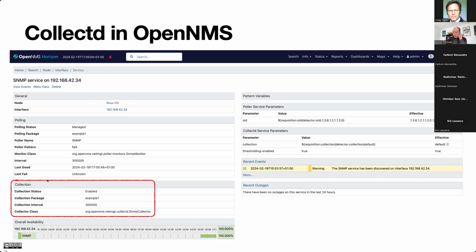And that SNMP service is also used in collectd. So collectd will look up its configuration and see, okay, for the SNMP service, somebody configured a data collection, and I have to use the SNMP collector for the SNMP service, and I need to fetch a certain set of metrics every 5 minutes.